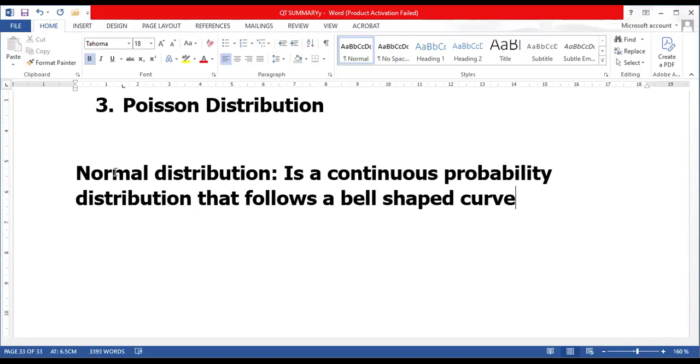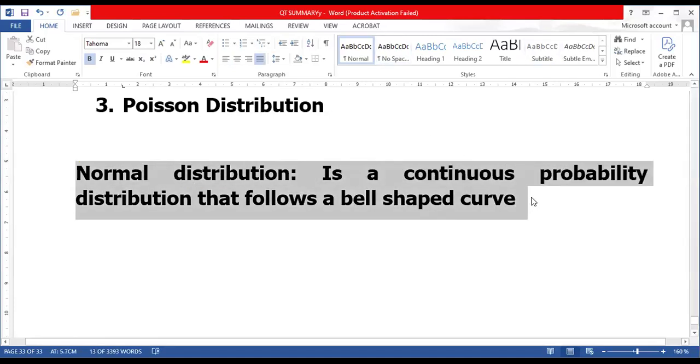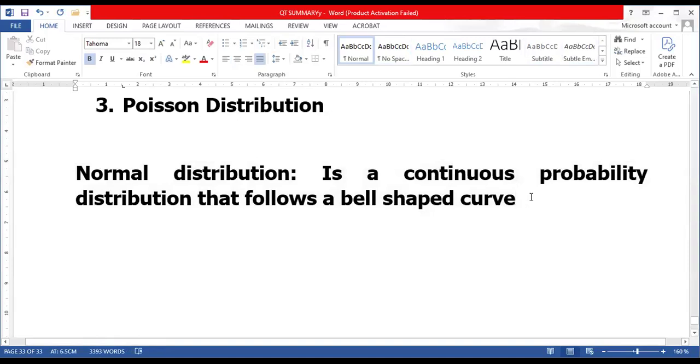Okay, that is our normal distribution. It's a continuous probability distribution that follows a bell-shaped curve, and it is